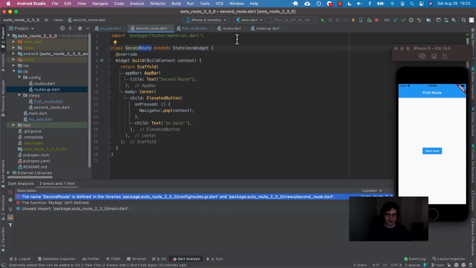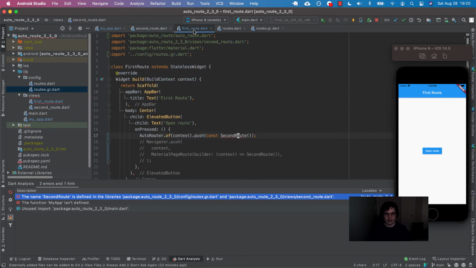If you use AutoRoute and you want to do the thing that is least surprising, so someone reading your code could say push the second route, like that makes sense. You would think that would be okay,